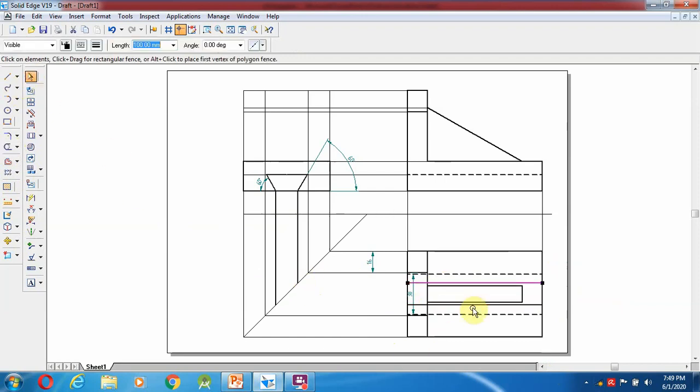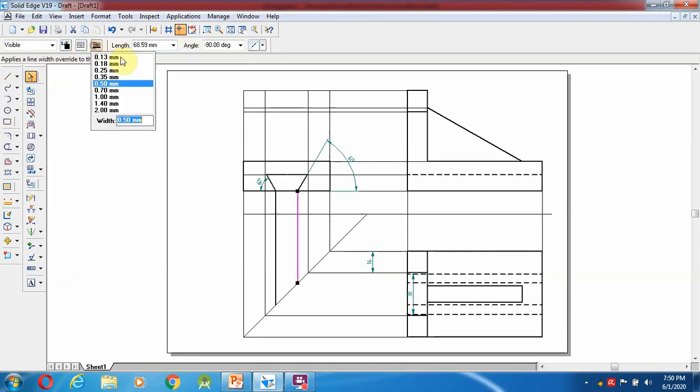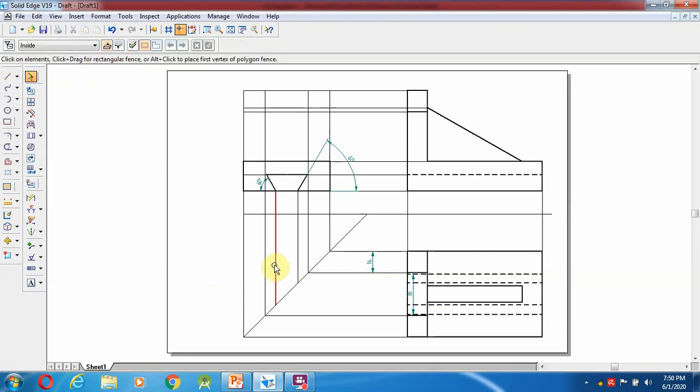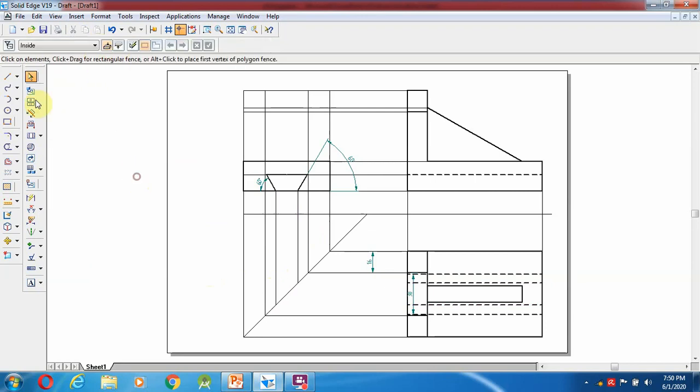Okay, so these two lines, change them to dotted lines over here. This will be a dotted line. This also, sorry, this continuous line only, but the projection is 0.13 mm.